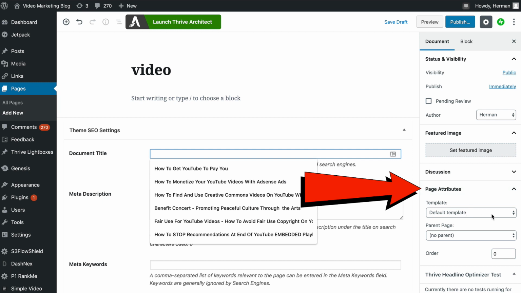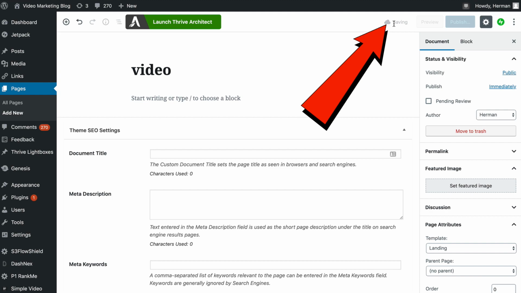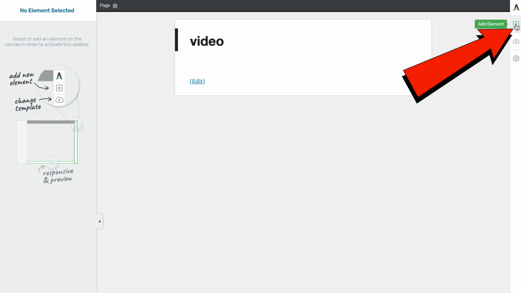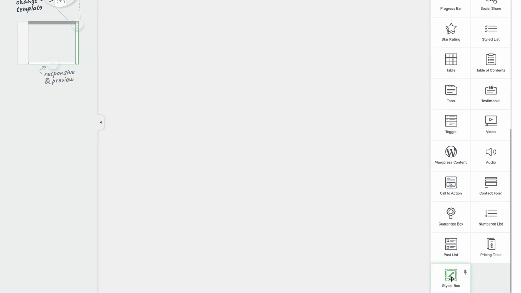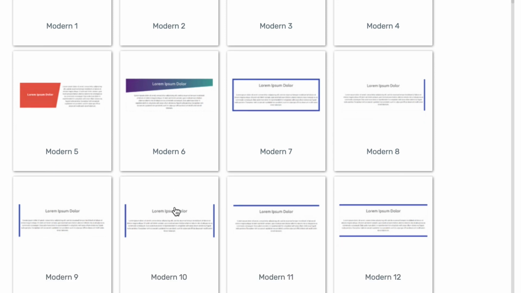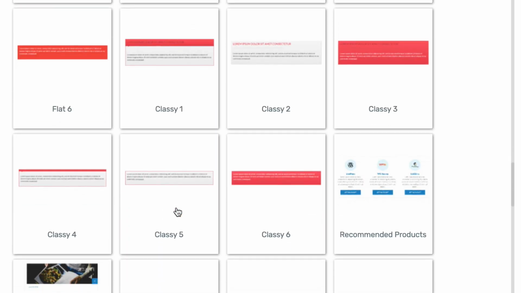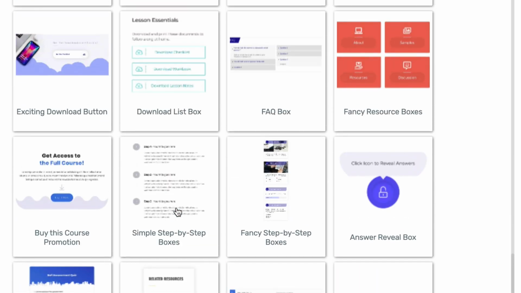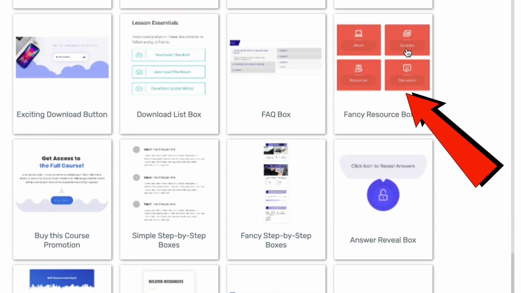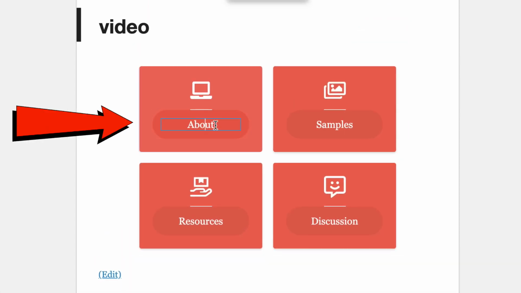Then under Page Attributes, I'm going to select Landing, click Save Draft, click Launch Thrive Architect, click the plus icon which says Add Element, scroll down to the bottom, click Stylize Box. Now you get a bunch of templates here. You can choose any of these different designs, but for the purpose of this video, I'm going to choose this fancy resource boxes. So click on that, click Choose Template, and you just change the title on these, like latest